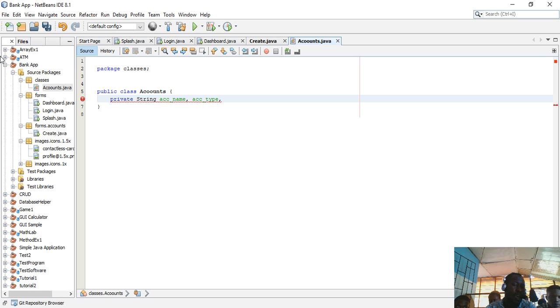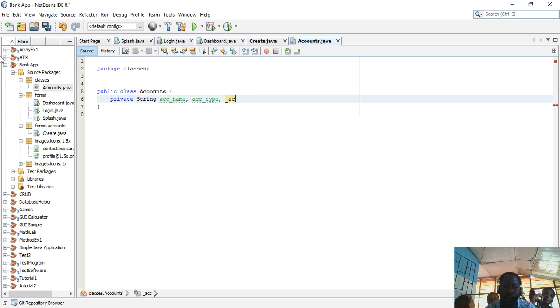Address is not really part of the account. It's supposed to be the user that owns the account. That means there is a way we're supposed to link. You know, from the illustration there, I said we're just making a caricature of how the thing is working. Normally, if we are to create the full bank app simulation, we need a database to store. That means this account now we are supposed to relate to a particular user, the user that owns the account that we're creating. But for now, we just want to do something simple, so we have the account name, we have the account type, then we can have the